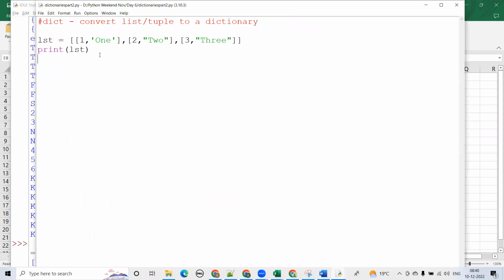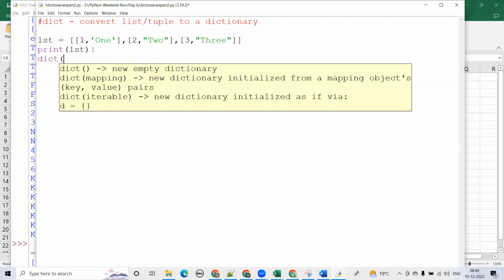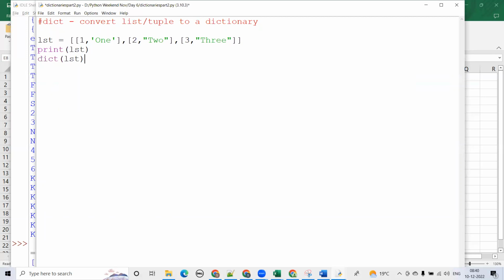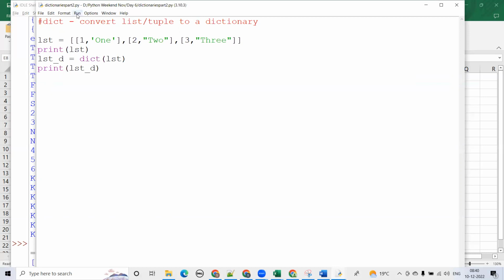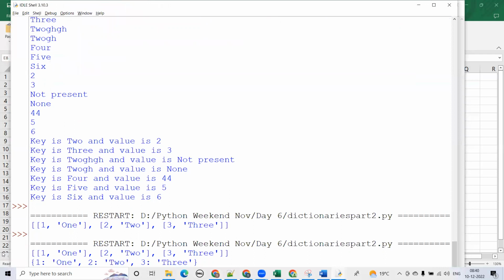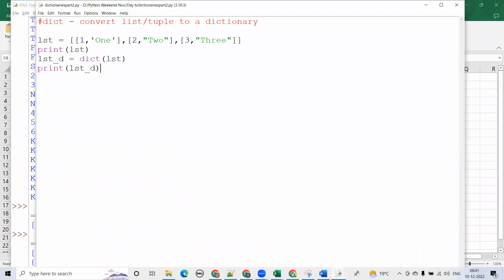This is the list. Now, if we use this method dict on the list here and we save the result as list_d. Okay. So the same nested list got converted into a dictionary. And this is only for when your list has nested lists, and each nested list has 2